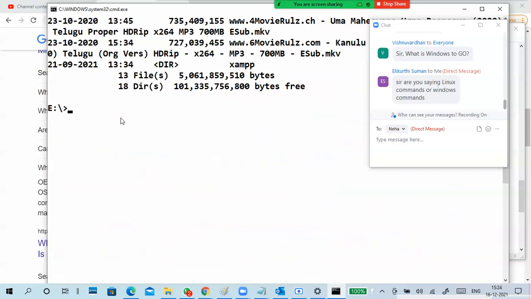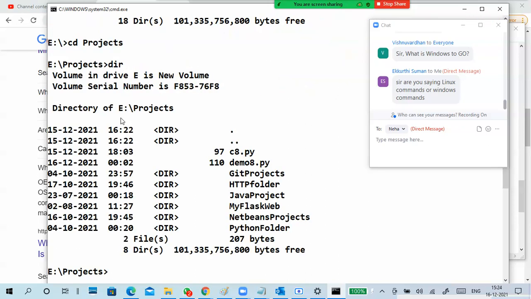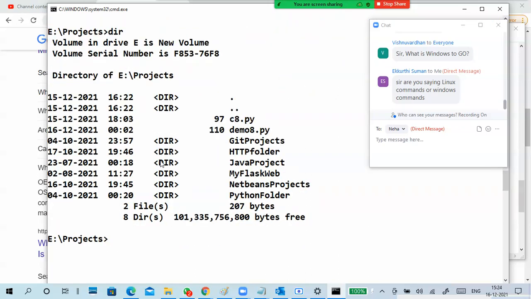CD, change directory, projects. I went to the projects again. Dir, all the directories are there. I'm going to create a file: copy con file 1, and this is file 1.